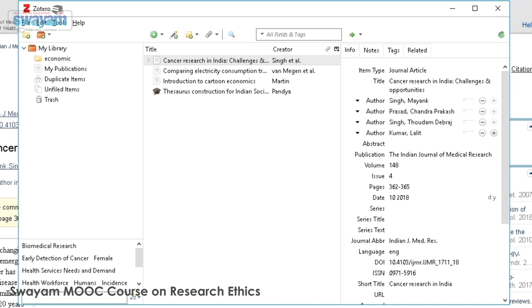Now assume that you are working in your local library and you are doing all the things. Now assume that you don't have access to these resources and you are going to some place where you have access to all the resources. So how can you download data while browsing the resources? If you would like to browse the resource, you have to go to the specific browser and type the area of interest in which you are working. The moment you are typing something in your browser, it will give results.